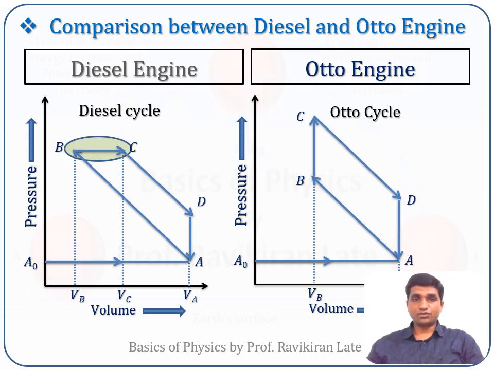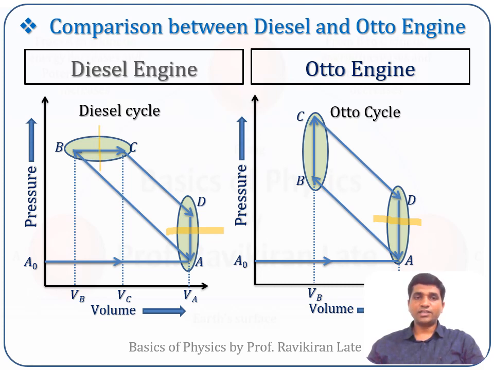This you can see from this one. Along the cycle BC, in case of a diesel engine, heat is taken inside. In case of an auto engine or petrol engine, along the cycle BC, heat is taken inside. In case of a petrol engine or auto engine, along the change DA, heat is given out to the sink. And in case of a diesel engine also, along the change DA, heat is given out to the sink. So in both the cases, the heat which is given to the sink is during the same process, that is nothing but the isochoric process.